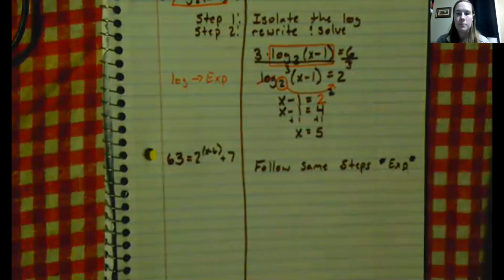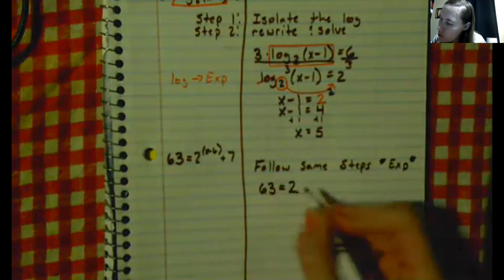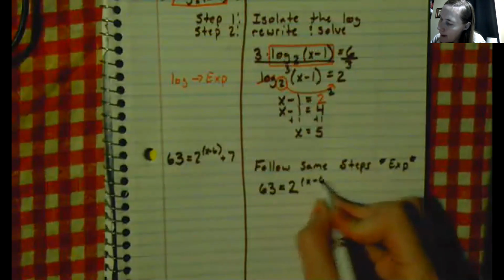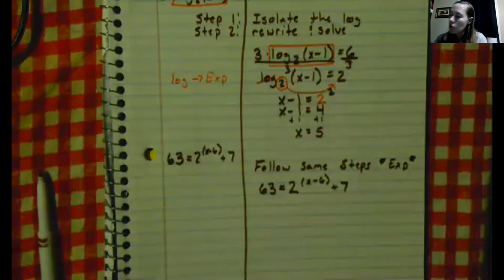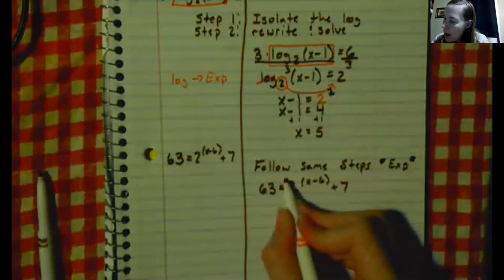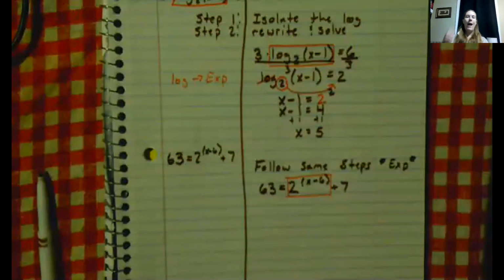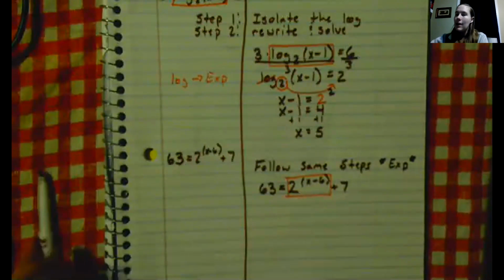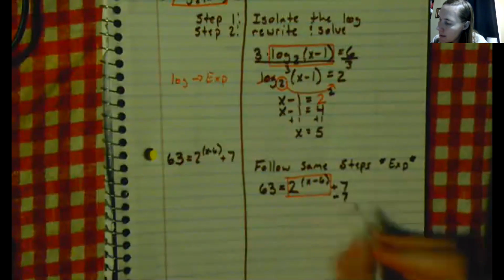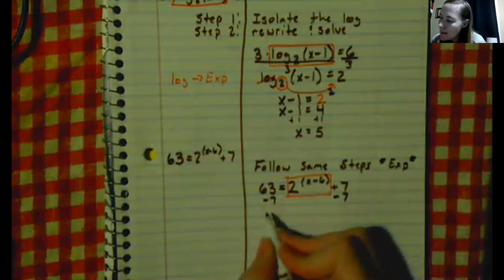So I have my 63 equals 2 raised to the x minus 6, plus 7. My exponential starts at 2, and it goes to where my parentheses end here, because that's the end of that exponent. So we want to get this part in red alone, which means we need to get rid of the 7. To get rid of this 7, I need to subtract it from both sides of my equation. So 63 minus 7 gives me